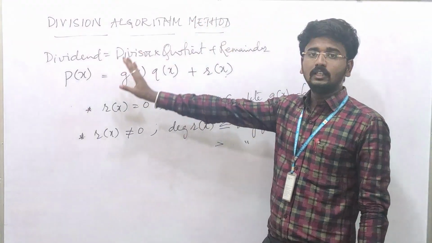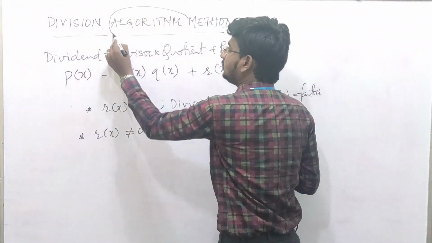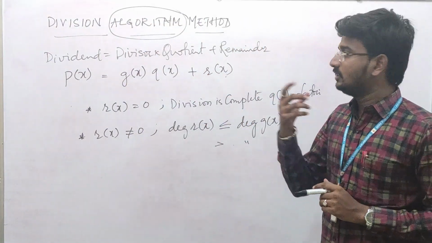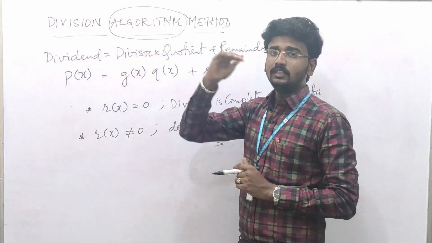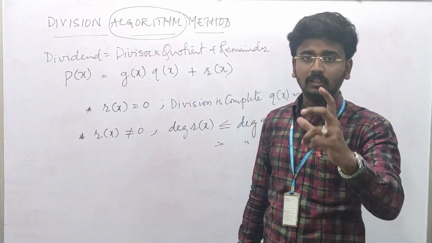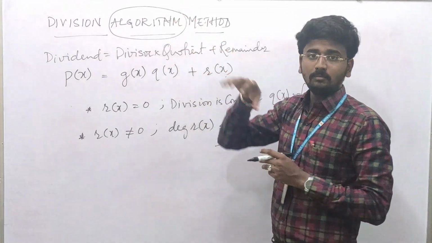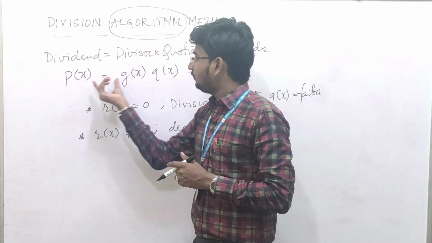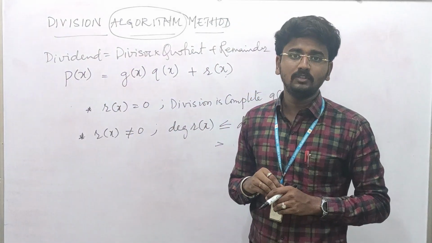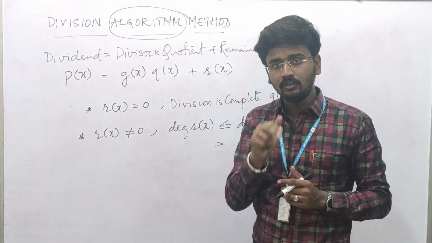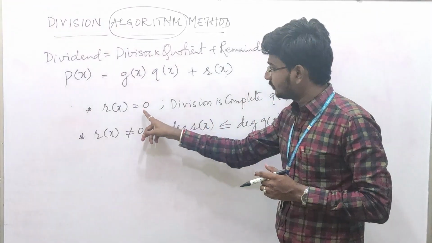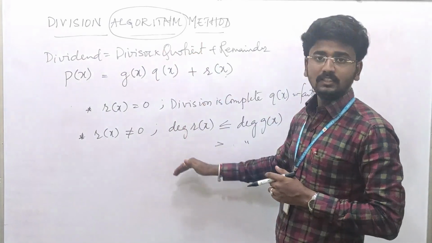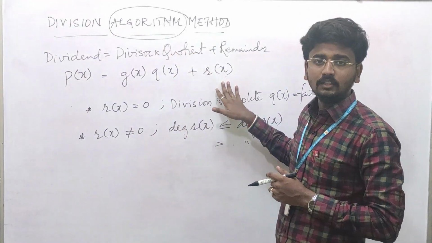So this is something about the division algorithm method. An algorithm is nothing but a step-by-step representation. Either in any language or in general meaning, an algorithm is a step-by-step representation of a particular problem. Now how do you apply that step-by-step here? Step 1 will be writing p of x and g of x in their respective standard forms. Step 2 will be applying the long division method, and step 3 will be based on r of x, that is either equal to 0 or unequal to 0. So by applying these steps, we will get the remainder and quotient.